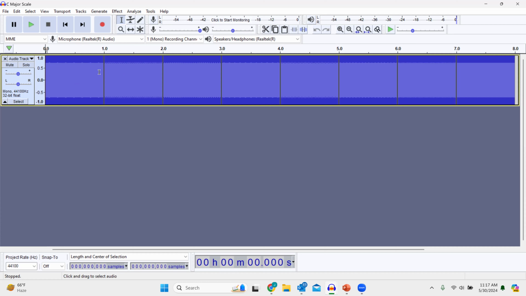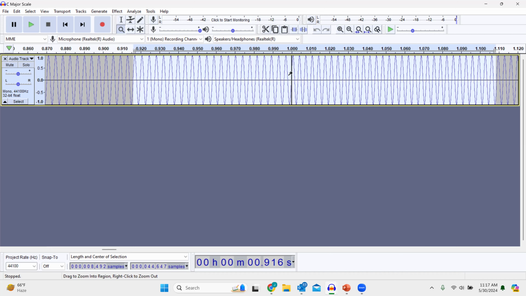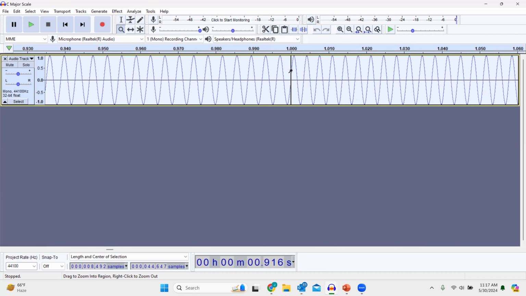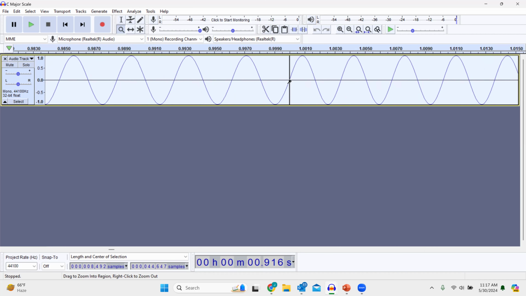So the way I have it in the guide is to select a little portion right there, and then select a little portion like this. So I use the zoom tool, and then I just go a little bit to the left and a little bit to the right of 1 second. So I have actually 2 different portions of the sound right here. I let go, and here is the separation between the 262 hertz and the 294 hertz. Now I'm going to zoom in a little bit more,